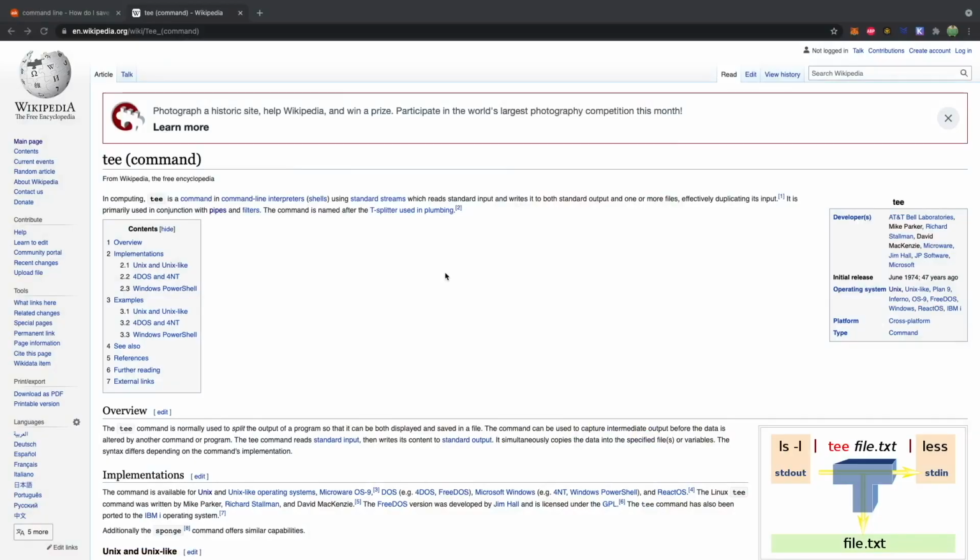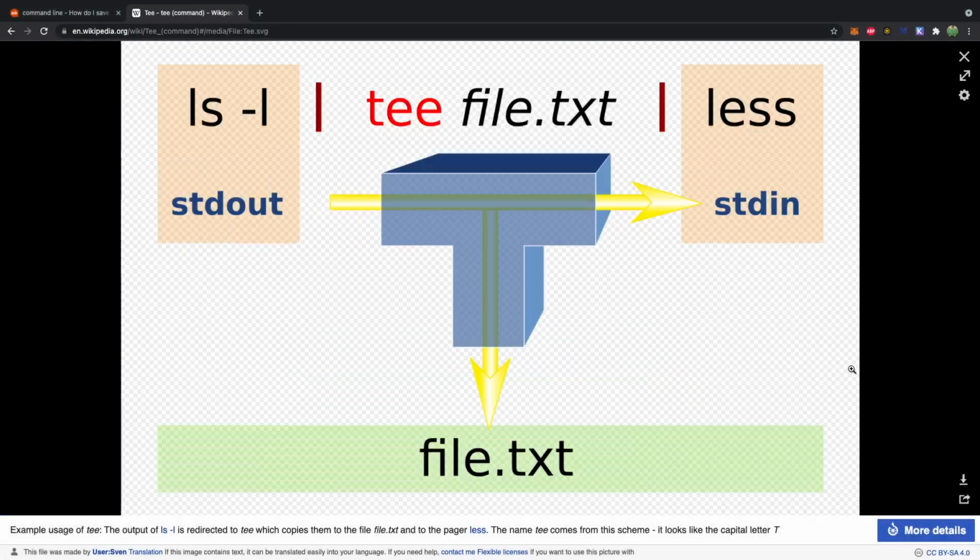That's where the T command comes in. And the reason it's called T is, if you think of a T, basically you have an input and then it splits that in two different directions, one to a file, one to the terminal. So going off of the Wikipedia article on the T command, here is a beautiful visual that explains this. We have, oh, I guess the T direction is different here. Sorry, I'm not really a plumber, so I don't know how